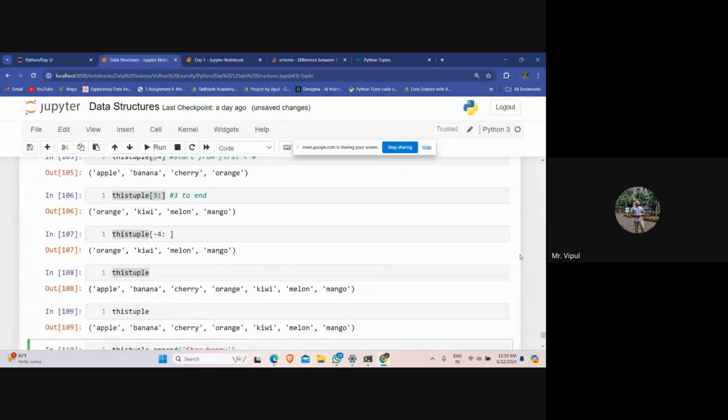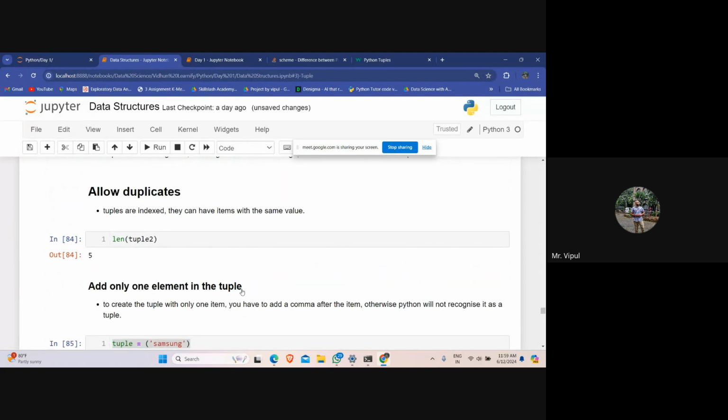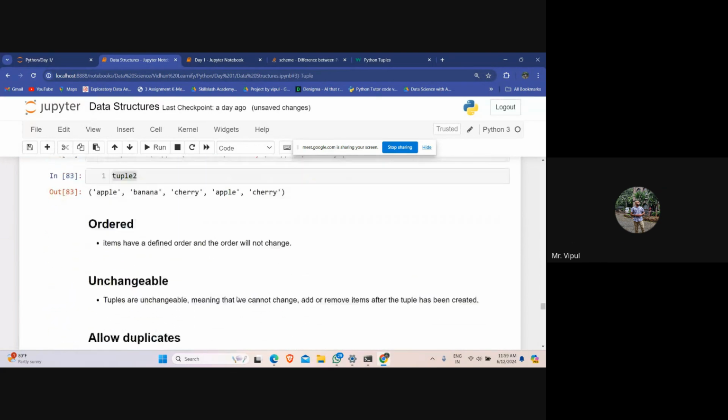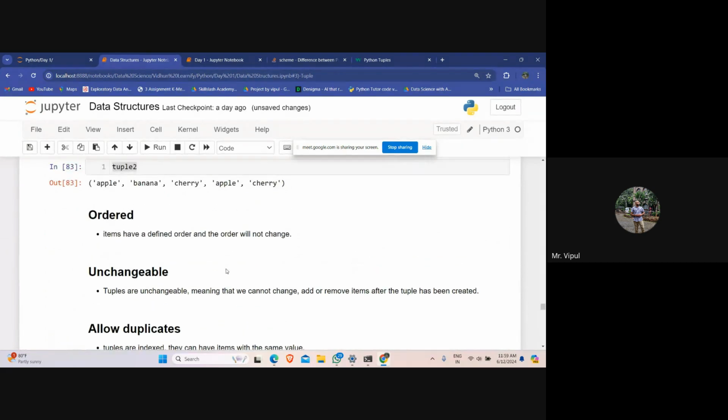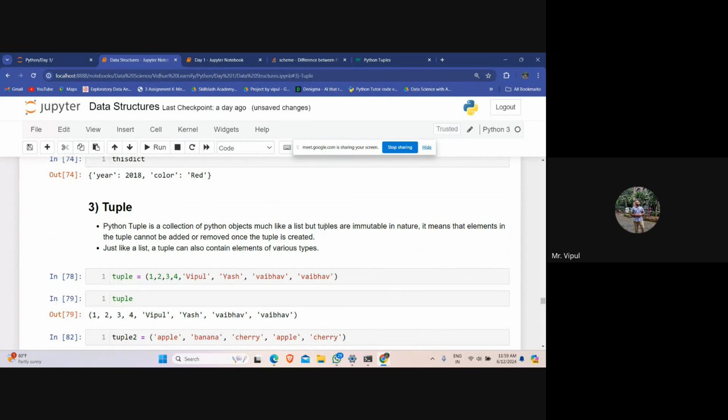And in the beginning itself, we have discussed, if you just see the definition, that it is immutable in nature. It means that elements in the tuple cannot be added or removed once the tuple is created, right?